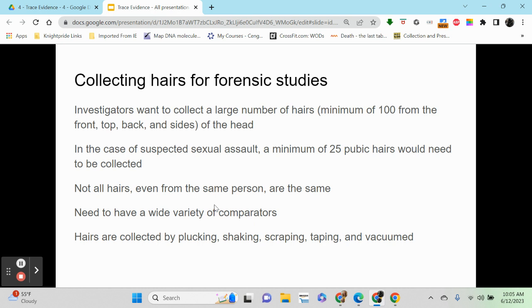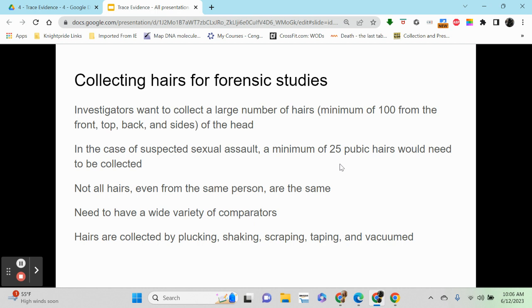And then obviously you can use that to determine yes or no, they are similar or not similar to those that were maybe recovered from a crime scene or from an individual or something like that. If you have a suspected sexual assault, 25 pubic hairs are going to be collected again to be able to discern whether or not whatever was present in the evidence is going to match those collected from your potential suspect,